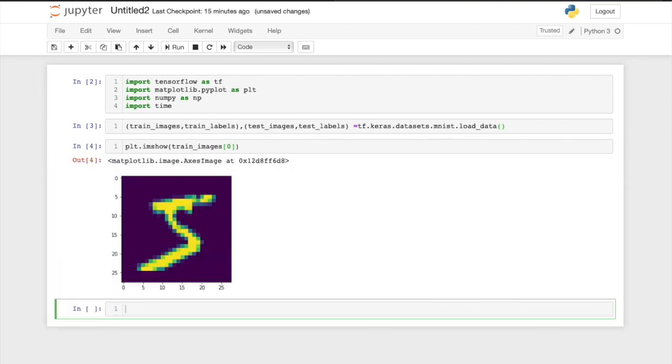All right, and we see that we have the number 5 here. It's pretty nice. Okay, so before we start anything, we want to talk about how we want to work with this data. So if we look at train images,